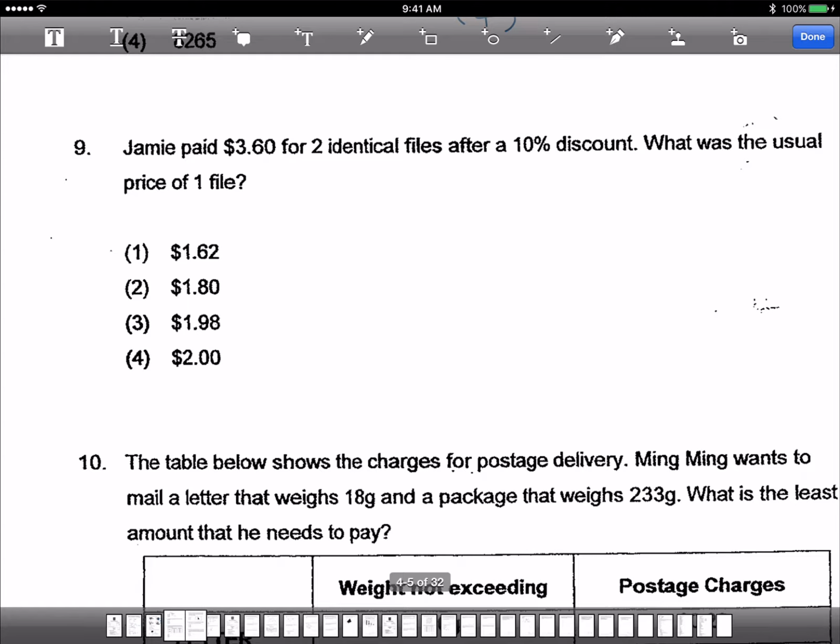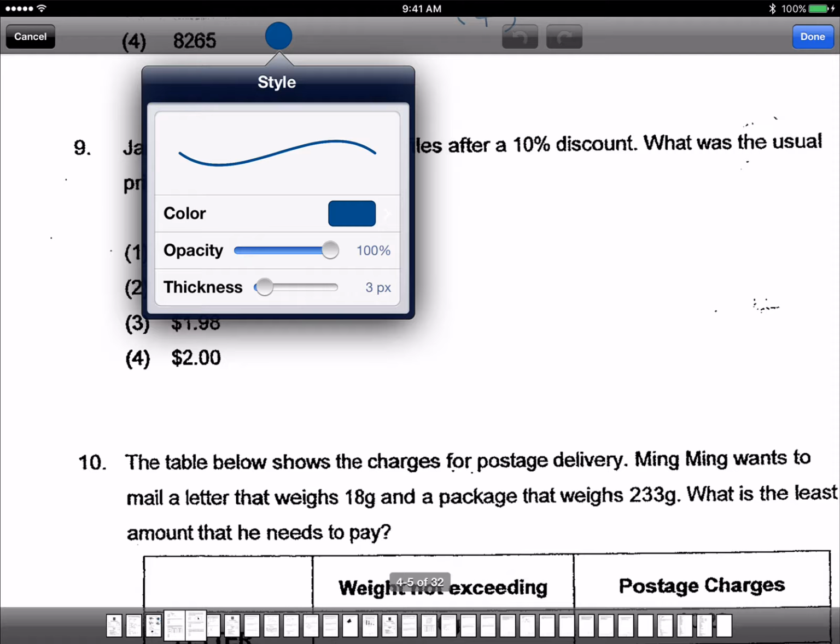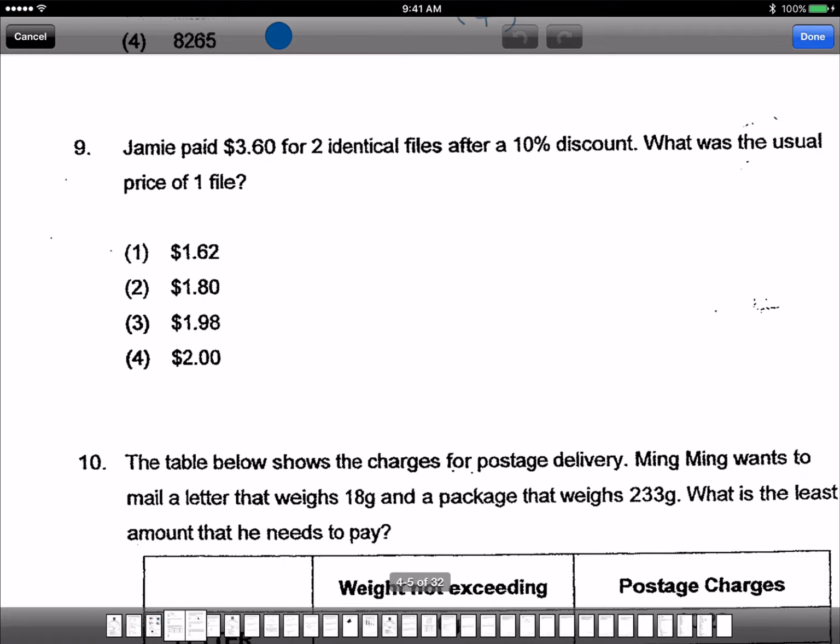Jamie paid $3.60 for 2 identical files. After a 10% discount, what was the usual price? So $3.60 for 2 files after a 10% discount means that $3.60 is 90%. The 10% discount would be this divided by 9. So this divided by 9